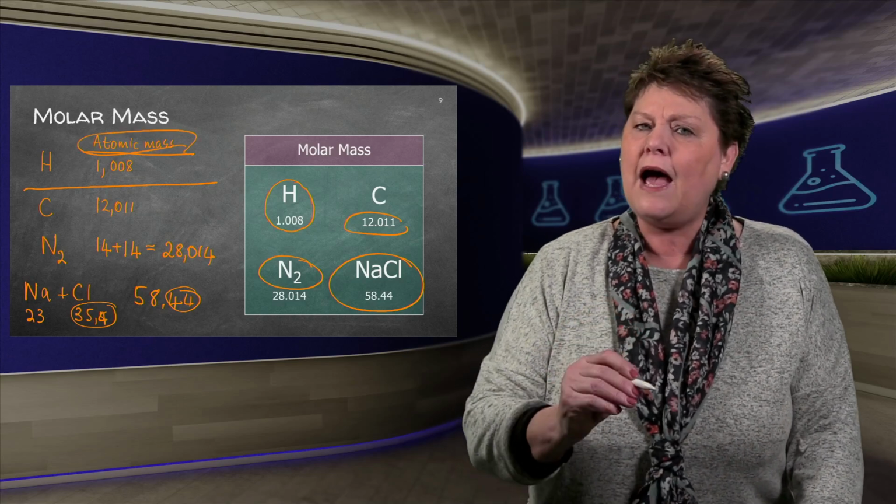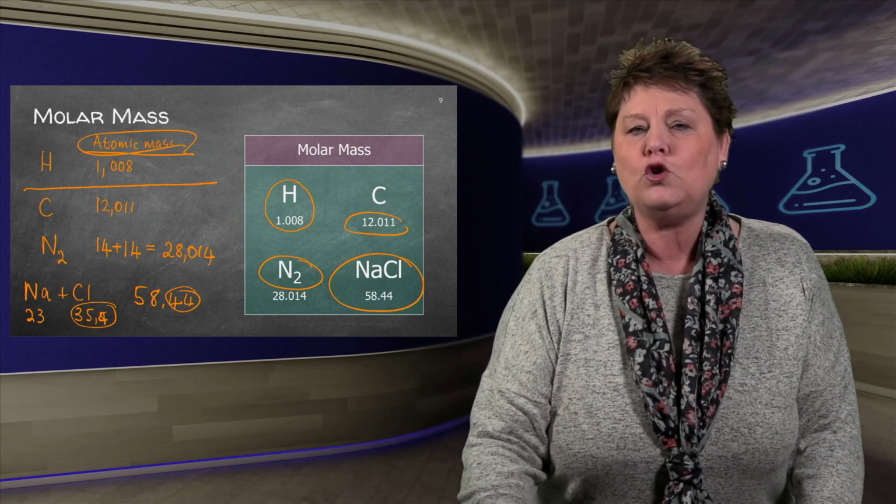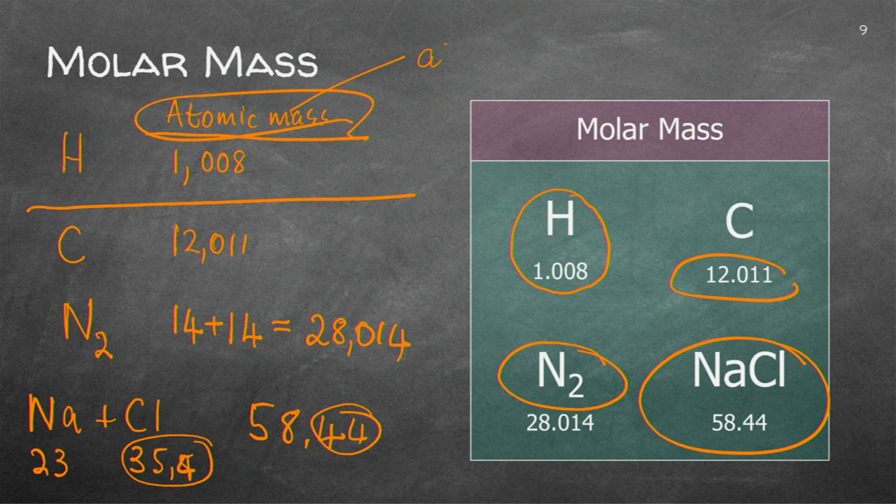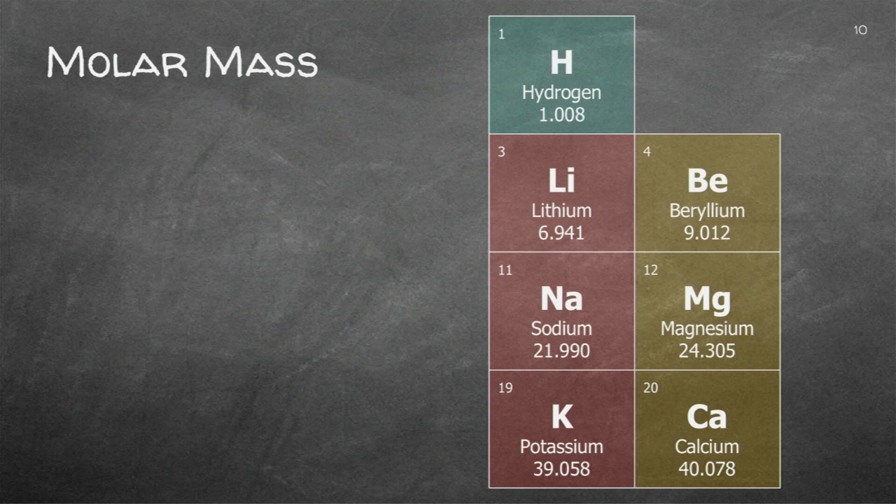So what we have now is we actually related that to an atom. But you know to measure an atom is almost impossible. It's too small. So if we say this is the atomic mass, we will then say the unit will be atomic mass unit or formula unit. That will actually say it is one atom. But it is too small. We cannot work with one atom. And I'll show you now what we'll do to work with when we do chemical reactions.